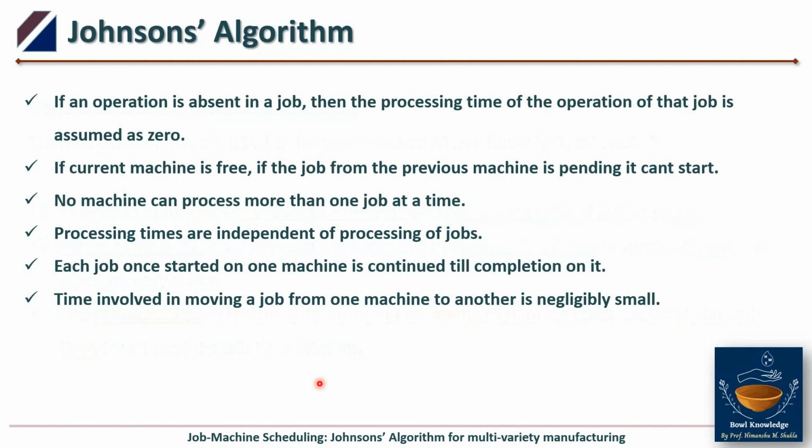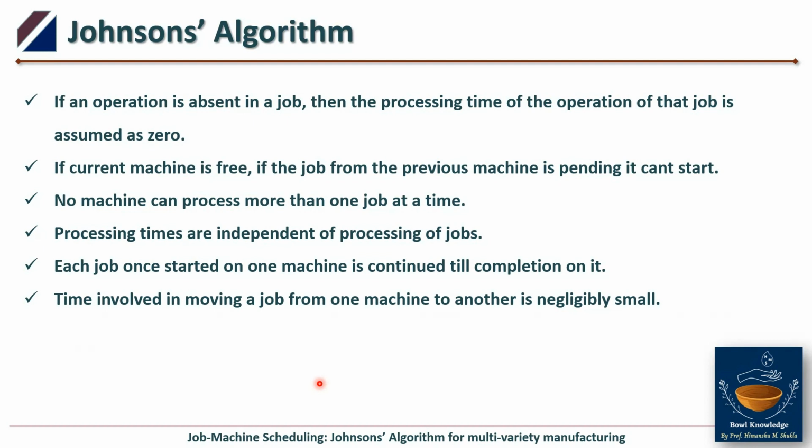And the time involved in moving the job from one machine to another, the handling time, is neglected here in Johnson's algorithm. This is generally because the machines are closely spaced together, all nearby in one walking area, so the time is only a few seconds, and it can be neglected at least for